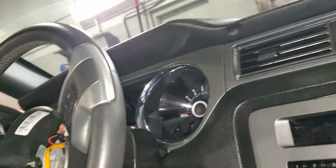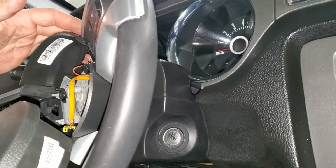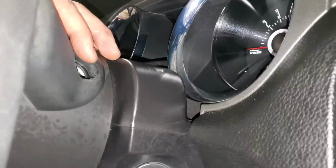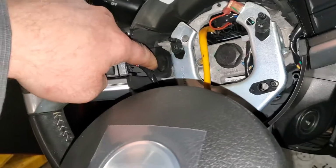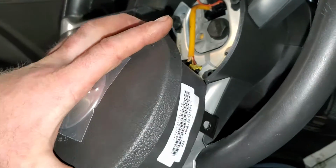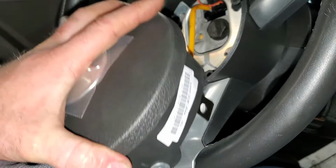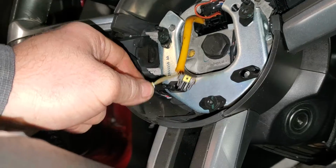You need to depower the system first, and normally you're supposed to disconnect the battery, but I've never had a problem not doing that, so I just do it my own way and take a chance. But on each side of the steering wheel there's plugs, and when you take those plugs out of there you have access to the bolt that holds this in. It's two 8mm bolts. You pop them out, you slide the airbag out, push the little tabs on the connector, take them out of the back,